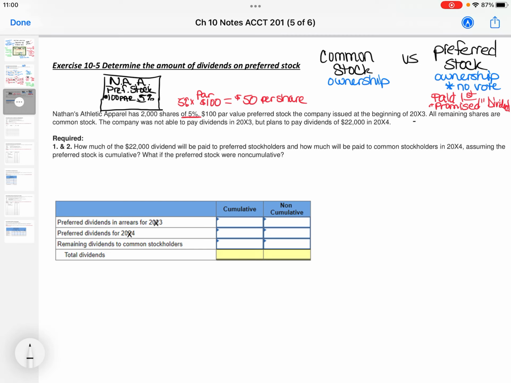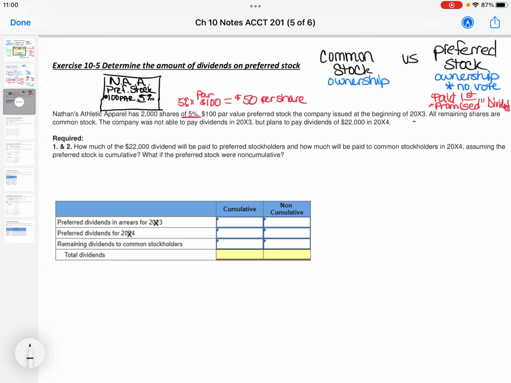And what happened is in the first year, the 3rd year, I should say. Sorry, this problem is kind of a weird one because they chose year 3. In year 3, they were not paid dividends. So remember how I said promised dividends? Well, you can be promised a dividend, but if the corporation does not have money to pay you, they won't pay you. And if the money that they do earn for the year is already set aside for growth or whatever, and they don't pay you, well, that's part of owning stock. There's no true guarantee that you're going to get a dividend.